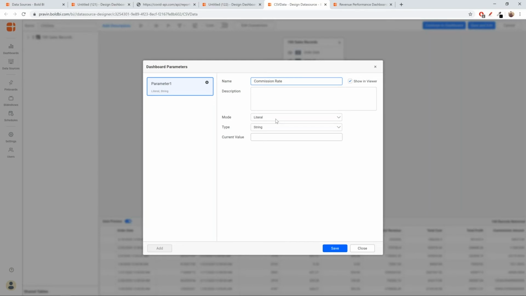I'll stick to literal here because I don't have a list of values, so that instead of having predefined values, I have the independence to change whatever value I want. I'll choose number. The current value is going to be 2.0. Even if you want a range, say 2 to 4 or something like that, you can change that. For now, I'm just sticking to a single value, which is 2.0, and save this.